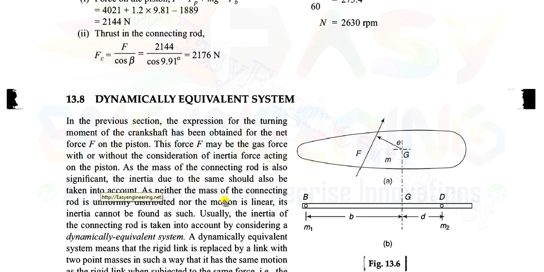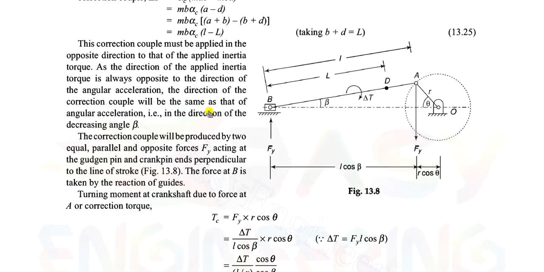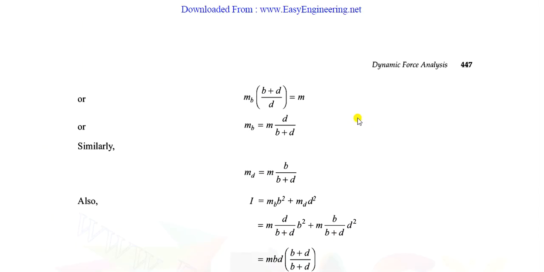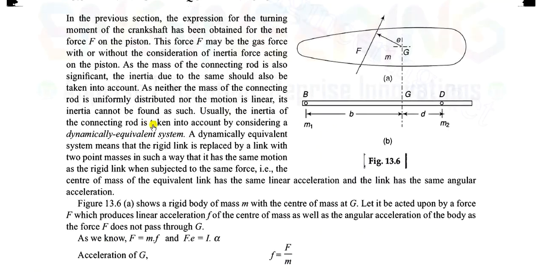If you remember, the diagram was like this. This is your connecting rod and this is the piston. No problem with the piston because the piston has only linear motion, but the connecting rod is in general motion. It has angular and linear motion, so it is a combination of both. When it is in general motion, we have to do rigorous analysis, meaning calculation, to find out inertia and all.